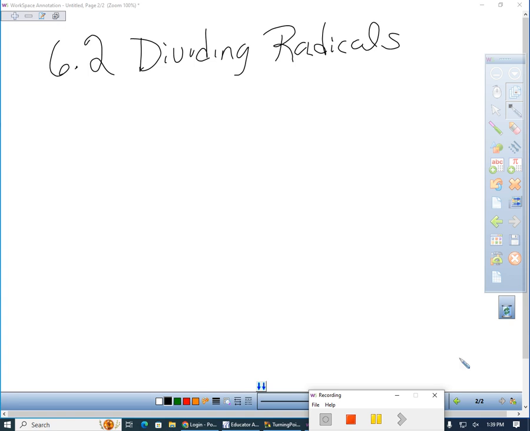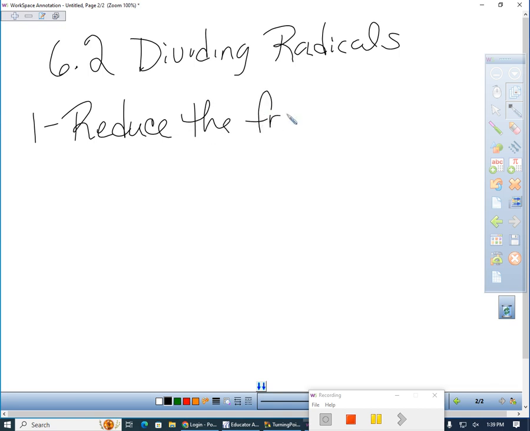Part is dividing radicals. Last Friday we covered multiplying them. So I want to start with what I like to do as the steps. Step 1, I want you to reduce the fraction. When I say reduce the fraction, that means you're reducing the outsides and you're reducing the insides. Then, step 2, we are going to simplify